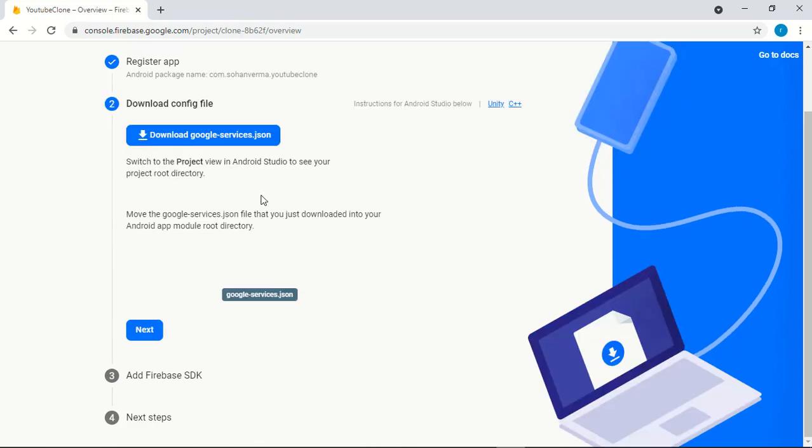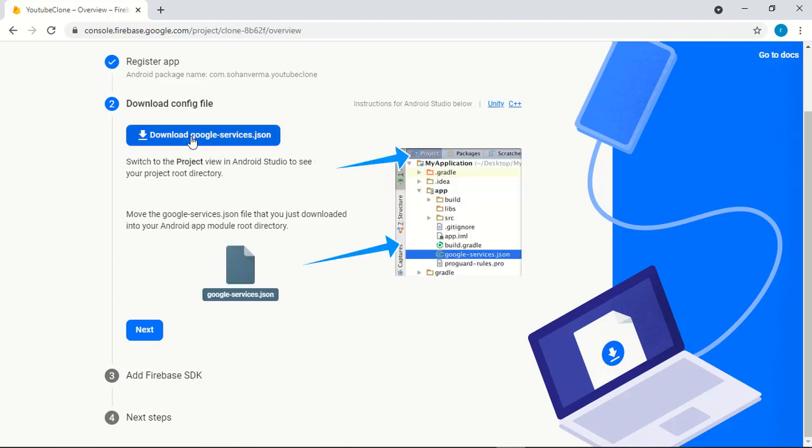Okay, now you have to download this file. Click on it and it will download automatically. Okay, it's downloading. Just click on next.